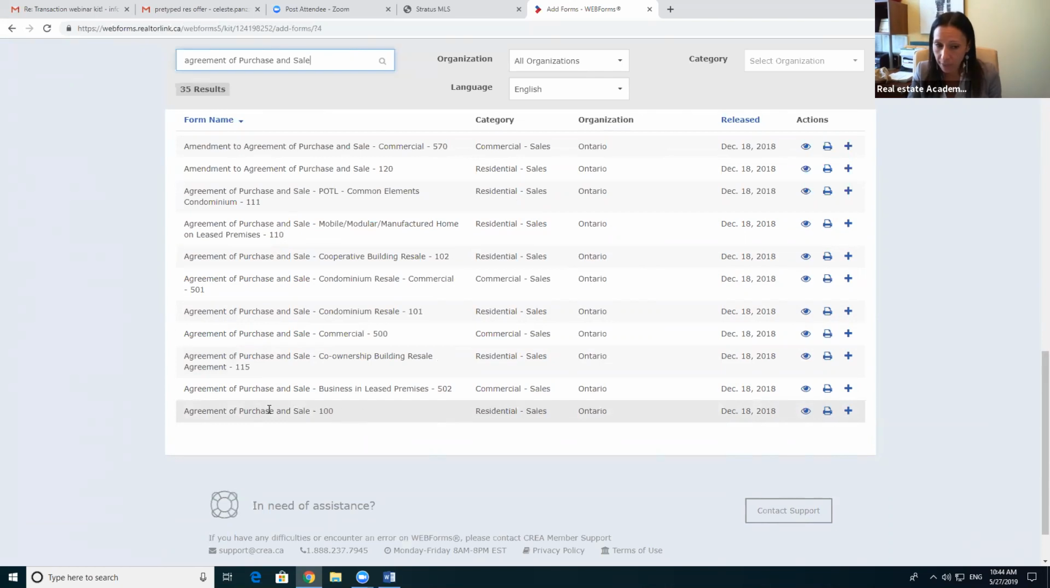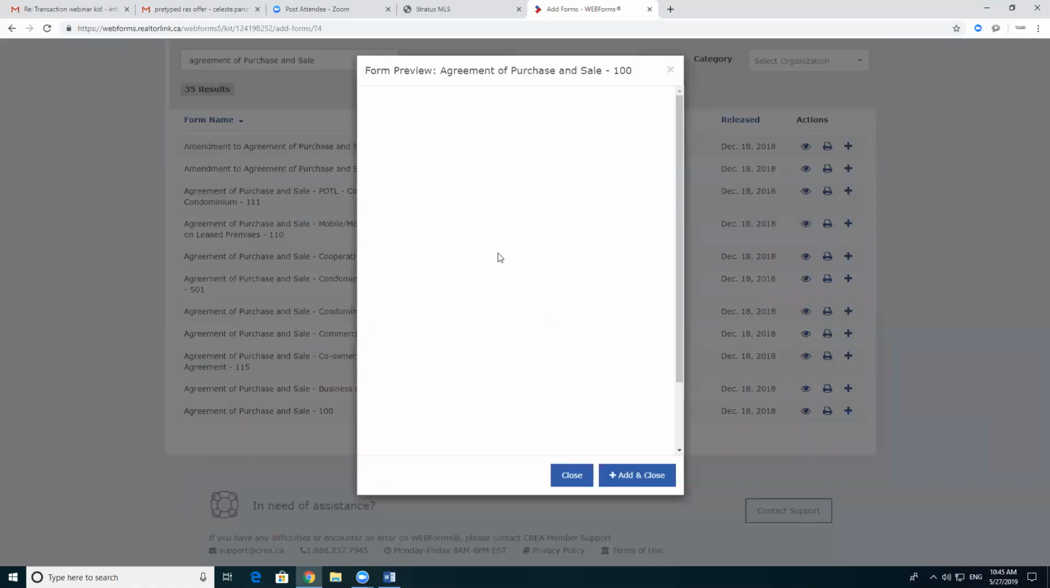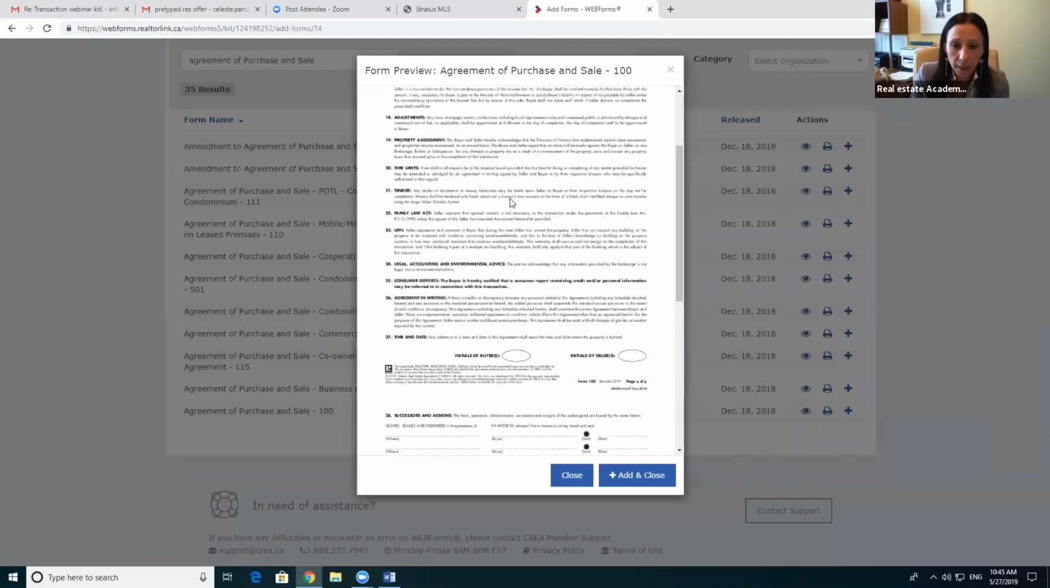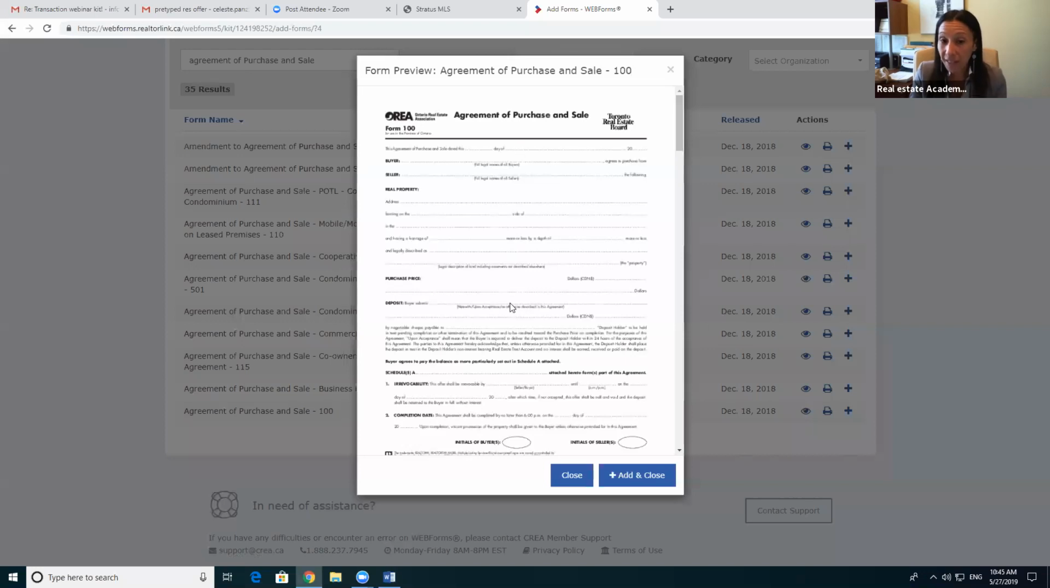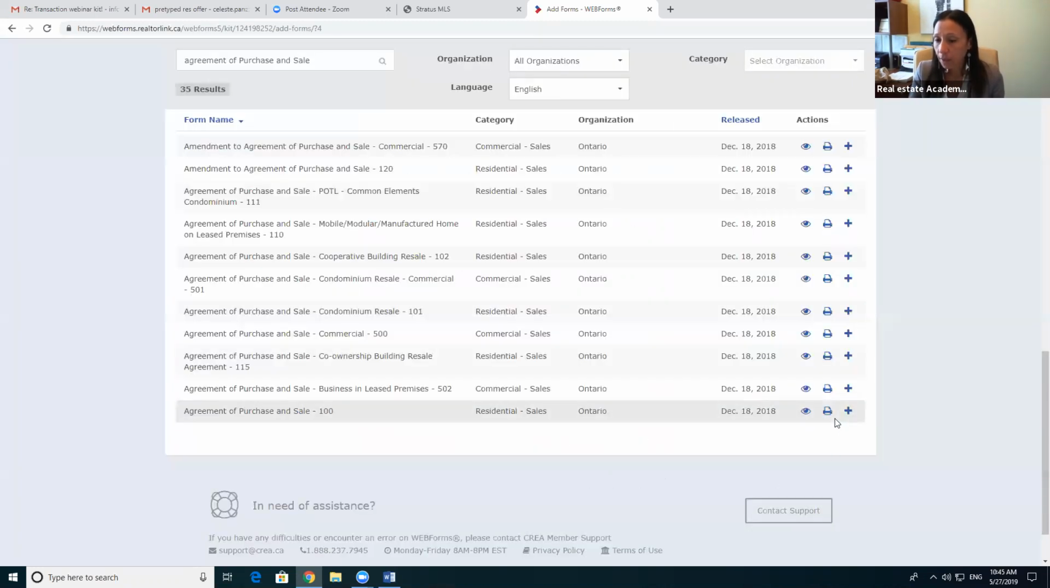Now, I'm on this tab right now. If I go to the right here, and I want to make sure that this is the correct agreement, this little tab that's in the shape of an eye, if I click on it, it's right here. And I can start seeing, okay, so this is the agreement of purchase and sale. Is this the form that I'm actually looking for? Well, if it is the form, I can close this. I have the option to print it, which I'm not going to do because I'm creating a transaction kit,